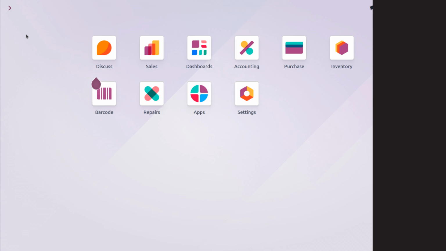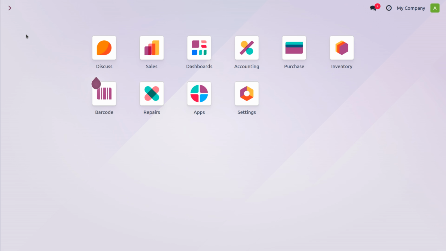In today's video, we will discuss the dashboard. The Odoo 18 dashboard has been significantly enhanced to provide a more intuitive and customizable interface for managing key business insight. The dashboard offers a wide range of visualization options, including charts, graphs, and other interactive elements to help you better understand your data.